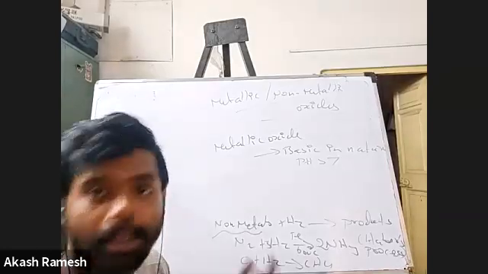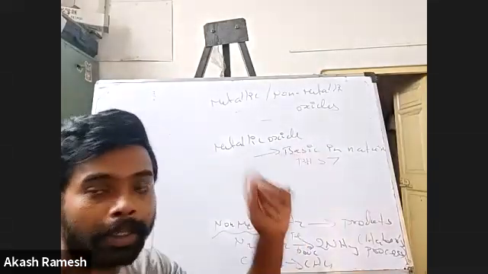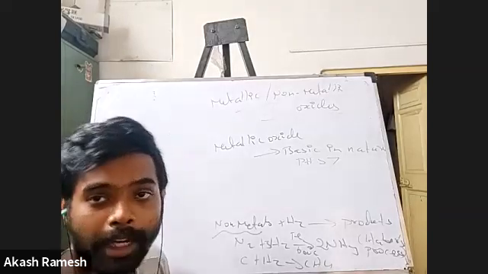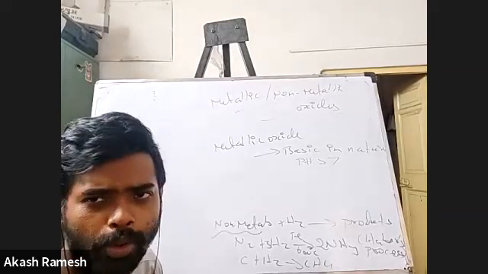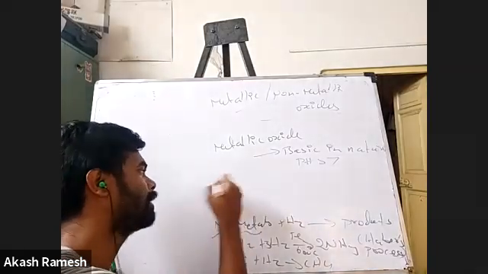How do we prove it is the next question. Prove it, you can use the help of a pH. Definitely, if you measure the pH, those solutions will generally be having pH greater than 7, metallic oxides. Other than that, how will you prove? If you take a metal oxide, any metal,